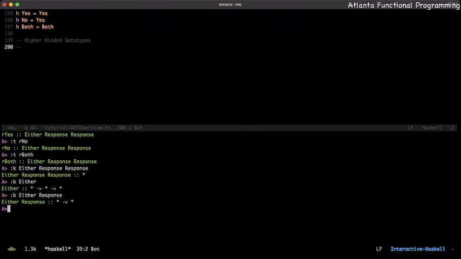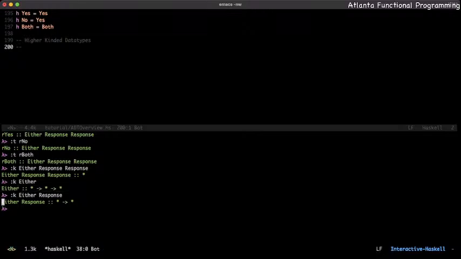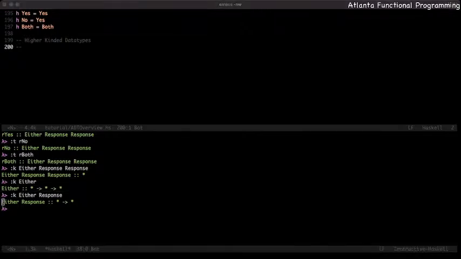This notation here is what's called a higher kinded type. Okay. Higher kinded types are pretty regular in Haskell. For example, Haskell itself considers lists, which we've been using up until now, to be a higher kinded type. And we'll be discussing why that is in a minute. But I want to discuss just this notion of